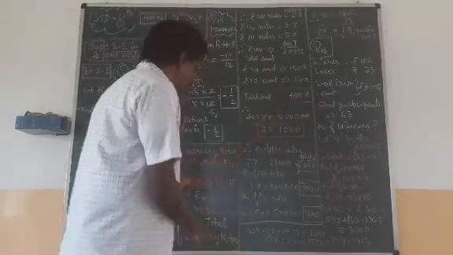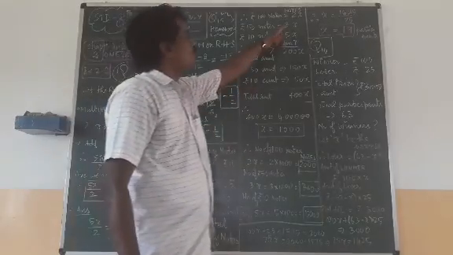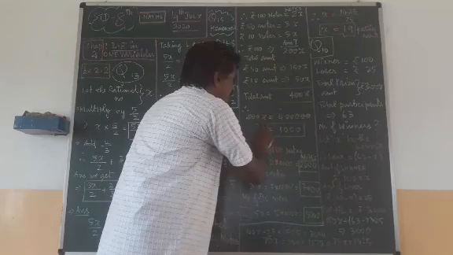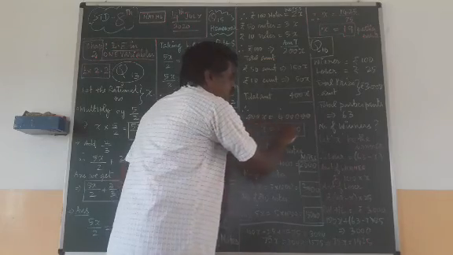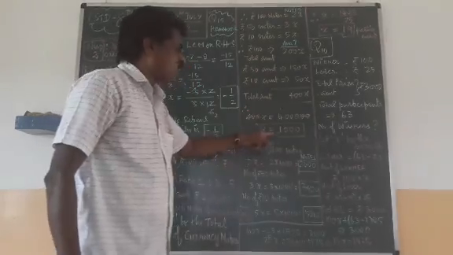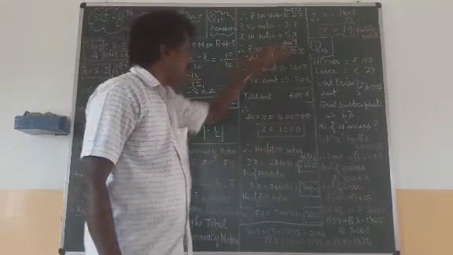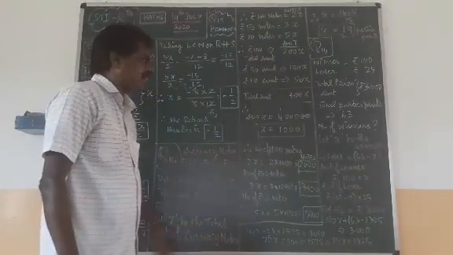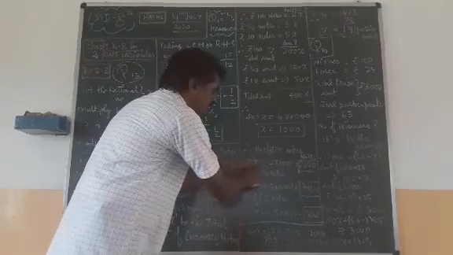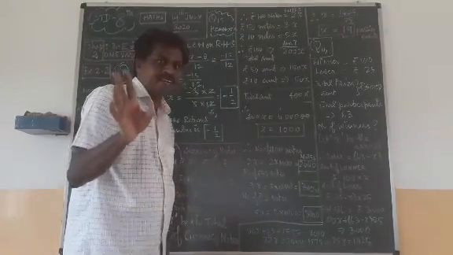This amount you have to equate to 4 lakh rupees because the amount is given. We should not equate the notes, we have to equate the amount. So 400x equals 4 lakh. Cancelling and cross multiplying, x equals 1000. That means x is the total part of the notes we have taken. Then how many 100 rupee notes? 2 into x, 2 into 1000, so 2000 notes are there in 100 rupees.